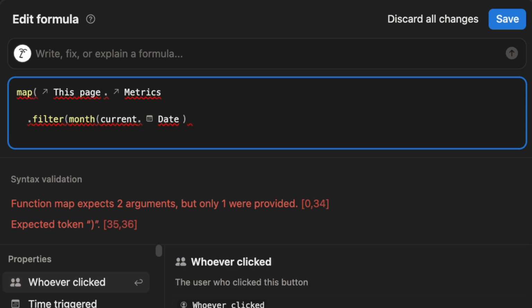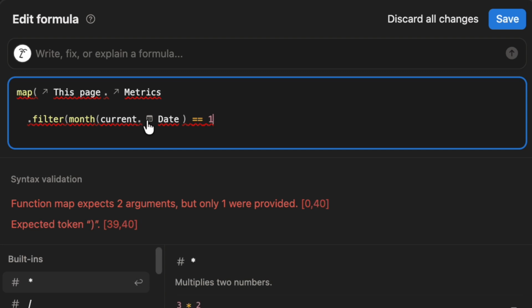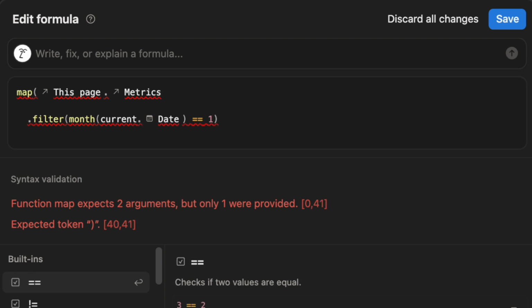And so if you want to use the equals function in a Notion formula setting, you have to do double equals and then specify the number 1 to say we're only going to pull metrics where the date is in January. And so we can close that out like so. And then let's just add the rest of the formula before we add another filter, just so that everyone understands